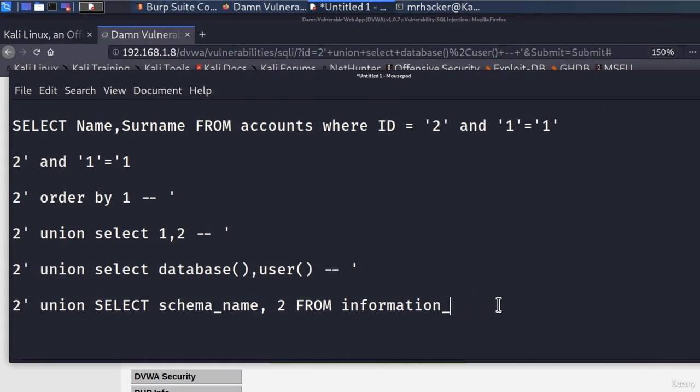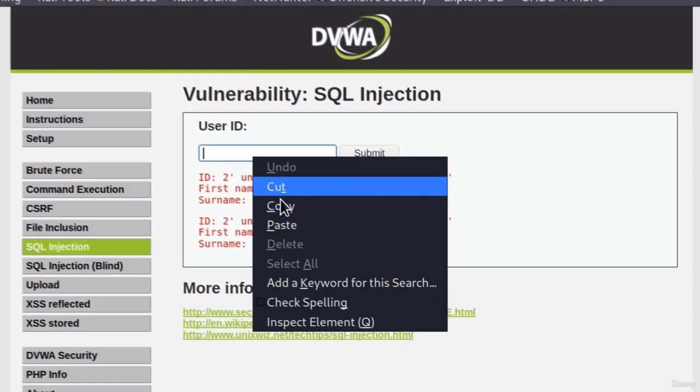So 2 from information underscore schema dot schemata, dash dash and then close single quote. Okay, so let's just copy this and see what do we get with this command. If I copy, go to my page and paste it right here,